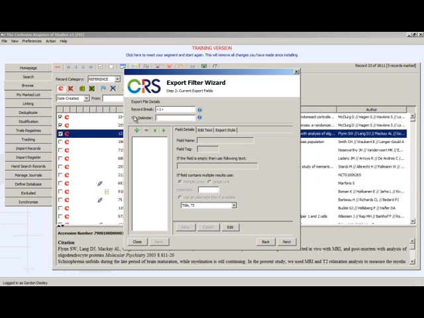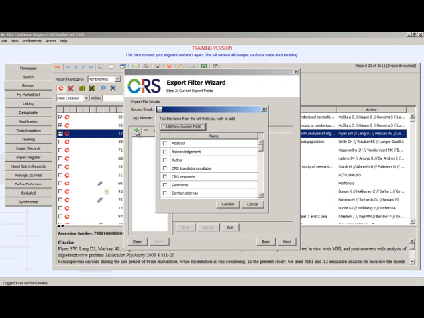So that's the key data that defines the tag text output format. The next thing we need to do is to add some fields that we want to be exported. We do that by clicking Add Fields, and we go to the pop-up field list and choose the fields that we want to export. Well, for the sake of this demonstration, let's export author, let's export DOI, we'll probably want